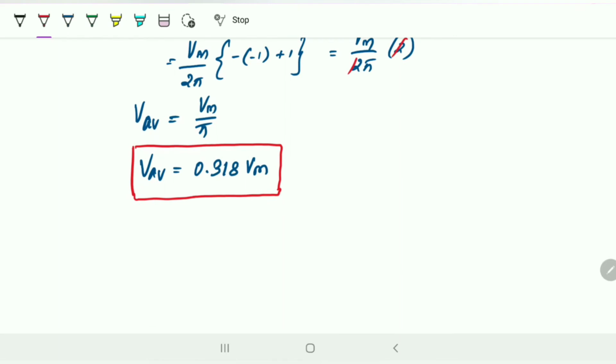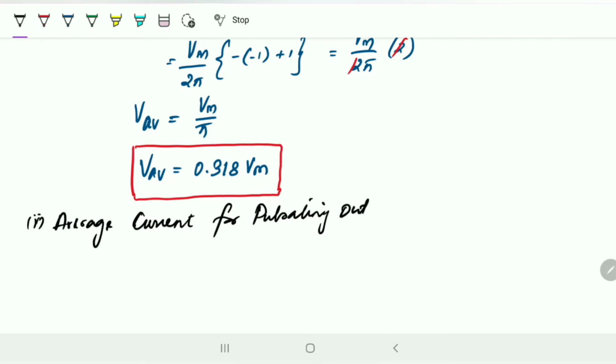So what is the second thing? We found the voltage, so let us find the current also. Average current for pulsating output. I will take that as IAV. So by Ohm's law, it can be given as